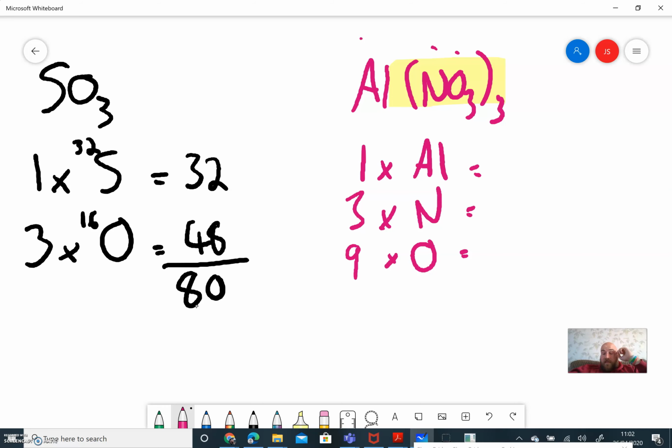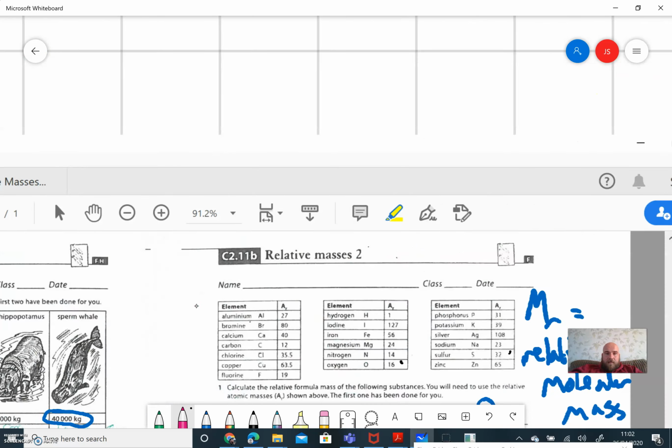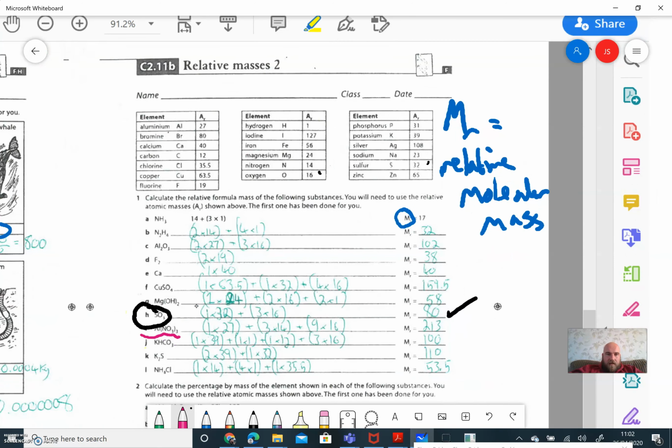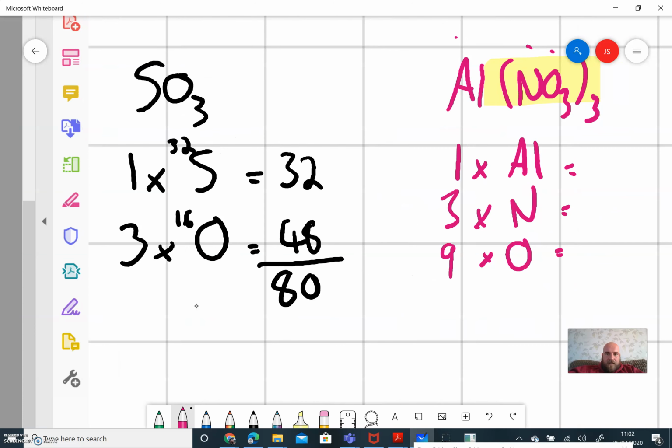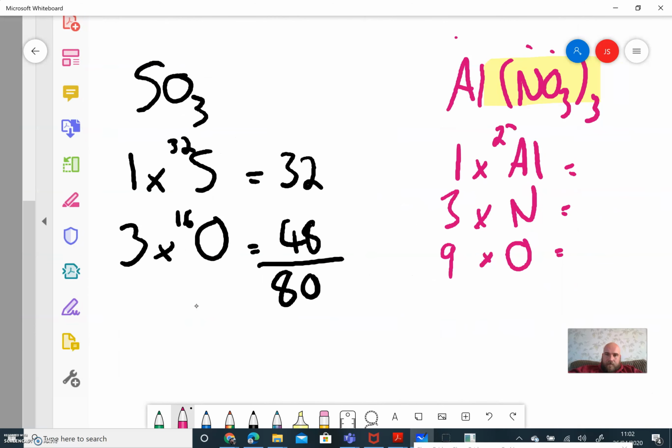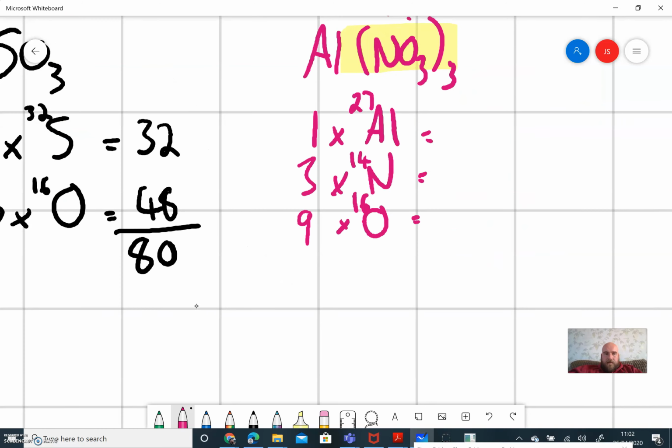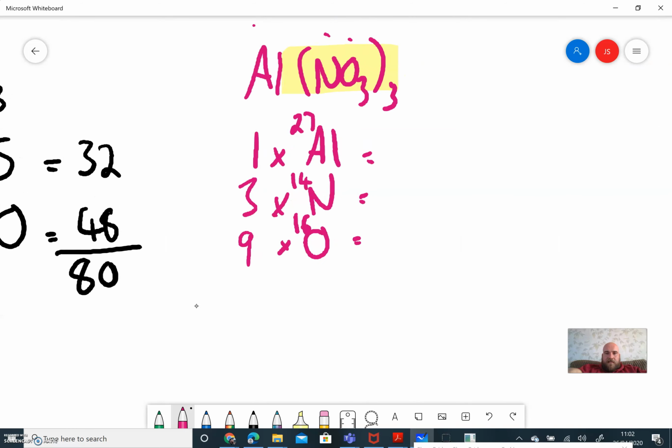And then using the numbers at the top of the sheet, so aluminium is 27, nitrogen is 14 and oxygen is 16. So 27, 14 and 16. Okay, so you'll need to calculate for this. 1 times 27 is 27. 3 times 14 is 42. And 9 times 16 is